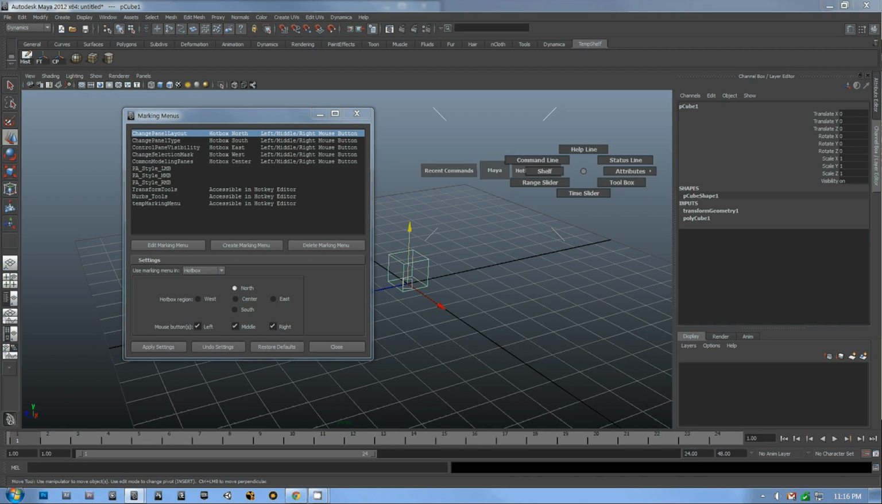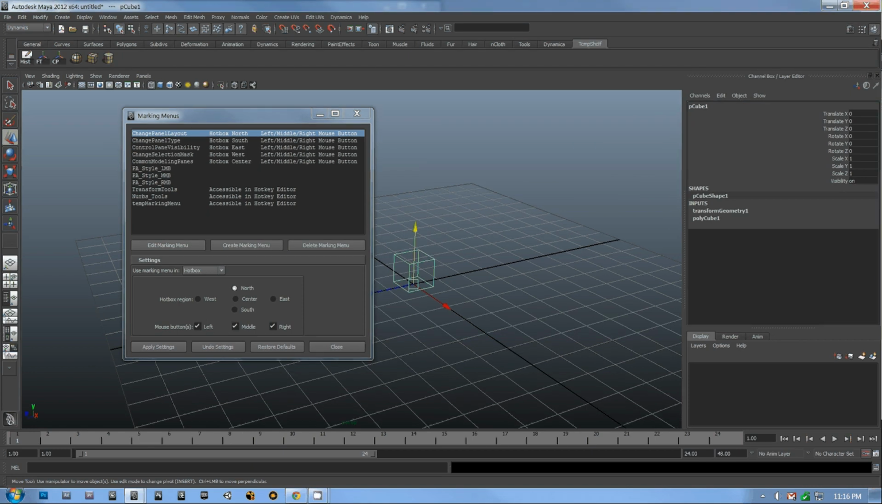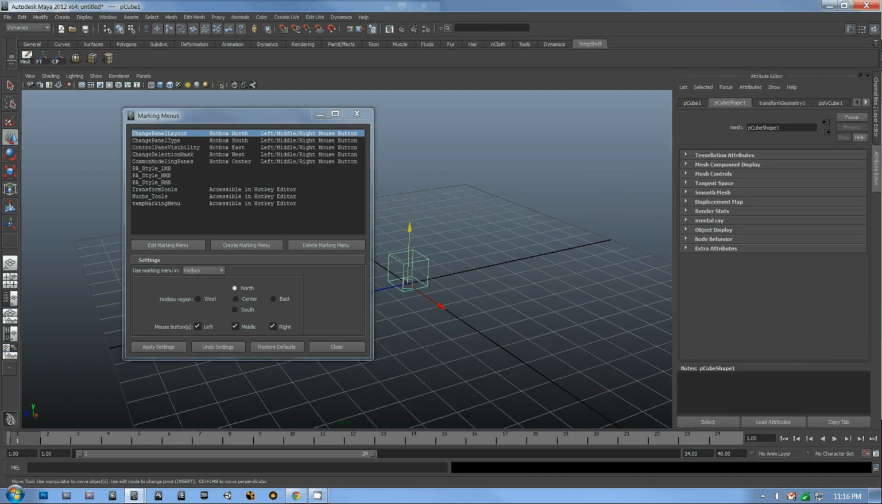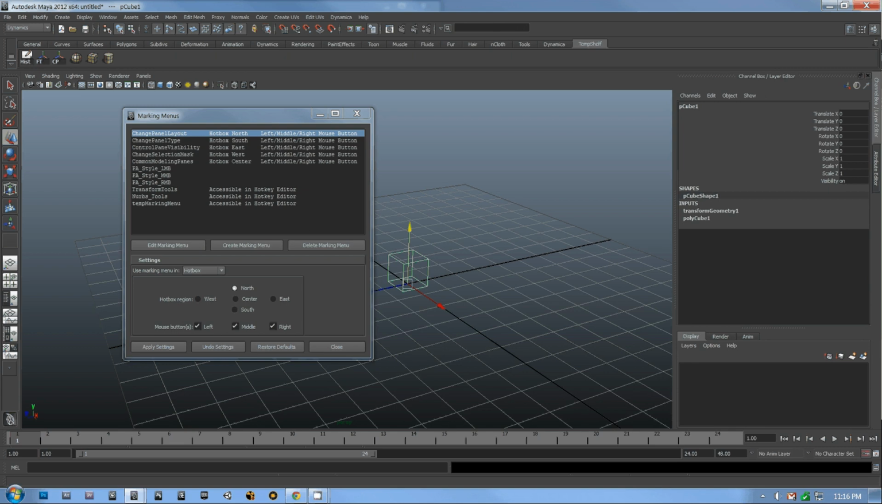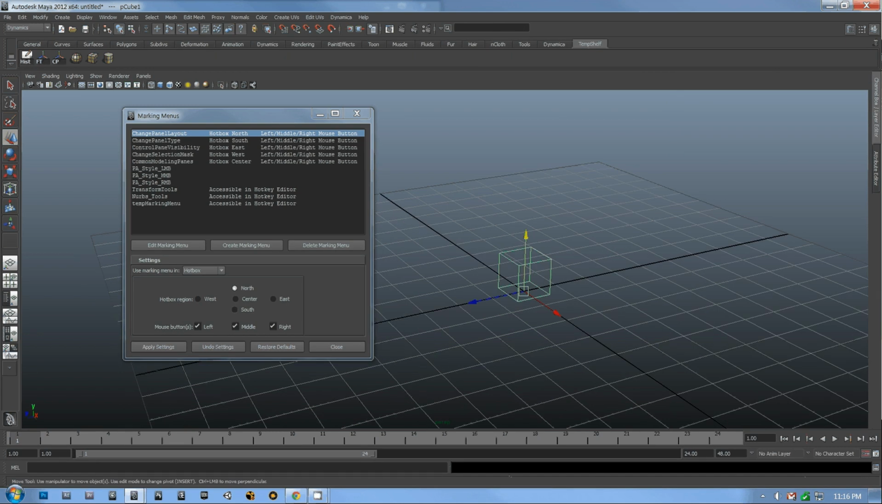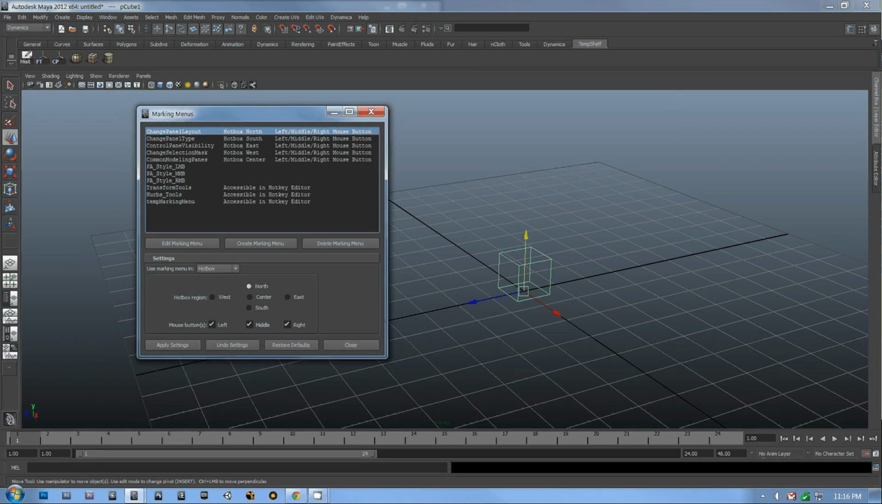Now, for instance, toolbox, let's go to the attribute editor, which I have open right there. If I go back over here, I can bring that back. Simple things like that turn things on and off really easily. So anyways, to create a marking menu, it's really simple. Just go to Create Marking Menu,